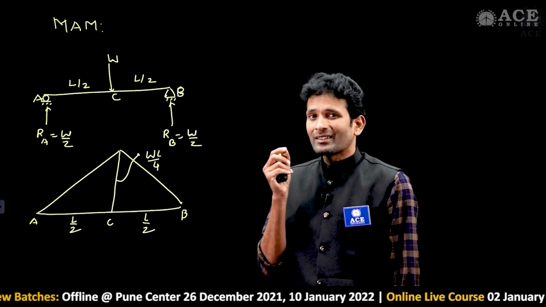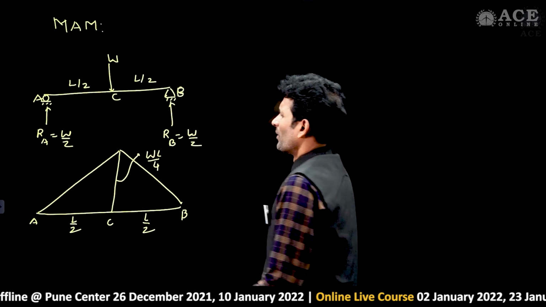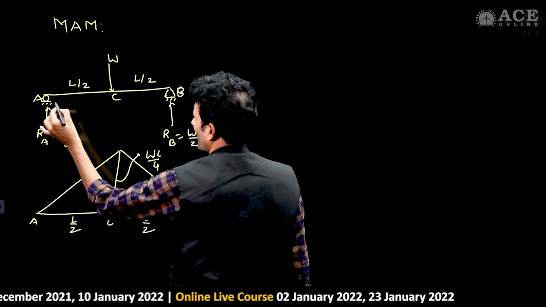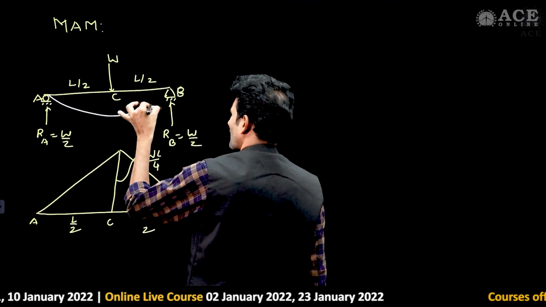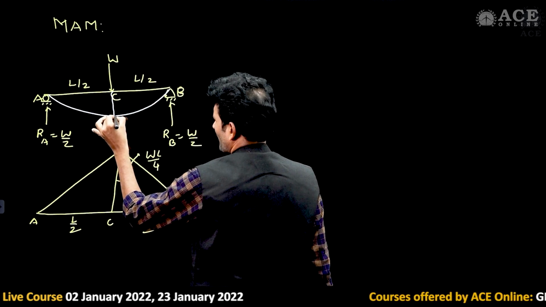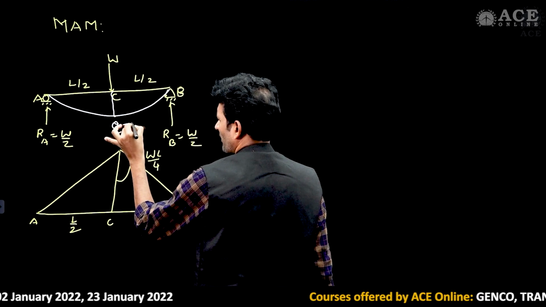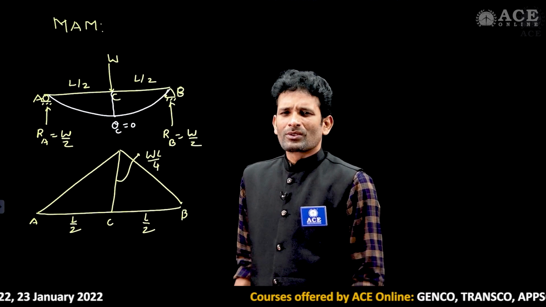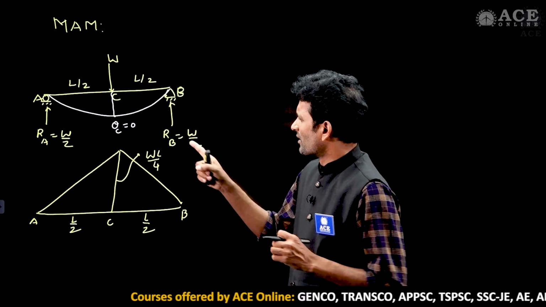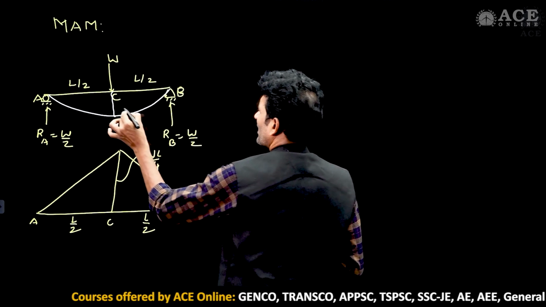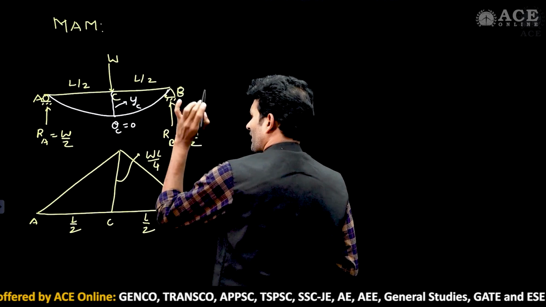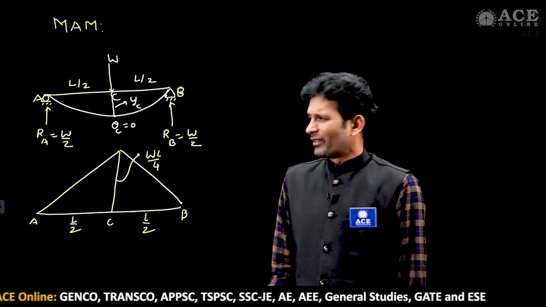Now, use the second theorem from this method. What does the second theorem tell us? If I take the elastic curve, this is the elastic curve we have. Where are you identifying the zero slope? Yes, at point C we are identifying the zero slope. So the second theorem I can easily apply when you identify the zero slope on the beam. This is the zero slope. Here at C I require the deflection because at C the maximum deflection is available.